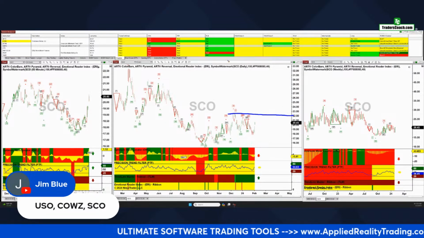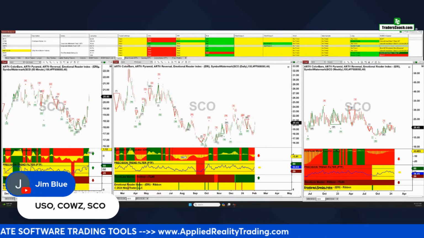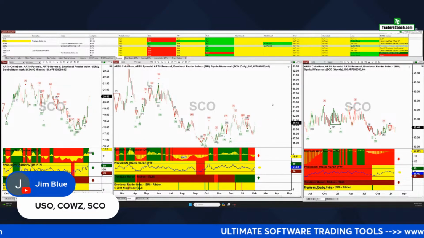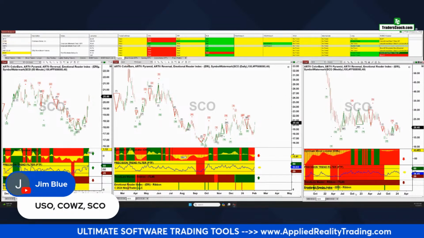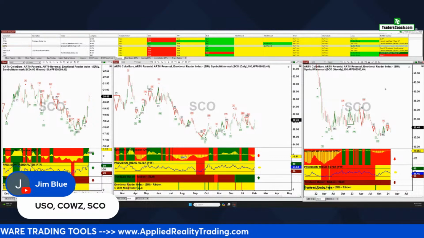Okay, so we want to get above that 22 mark here. Let me just see exactly what that is. So that high there is 22.39. So let's see if we can get to 22.40. Then we may have a reason to go in, because that's a break above a key level of resistance. And therefore that will be probably above that pyramid on the weekly chart as well.